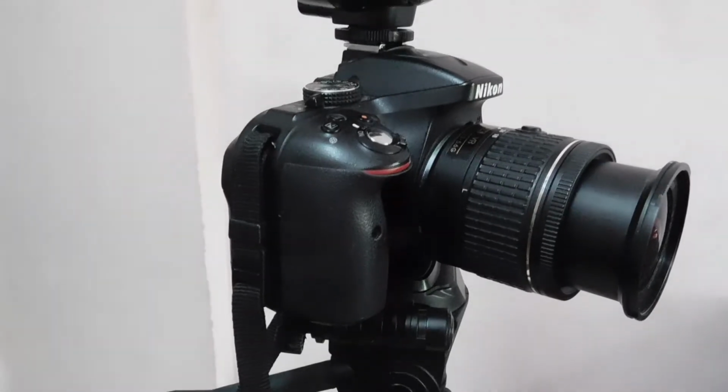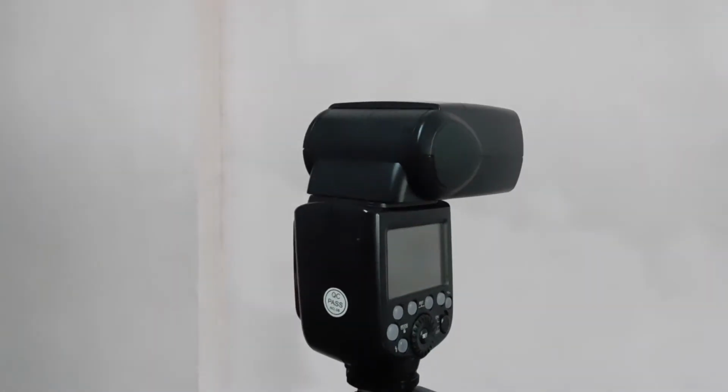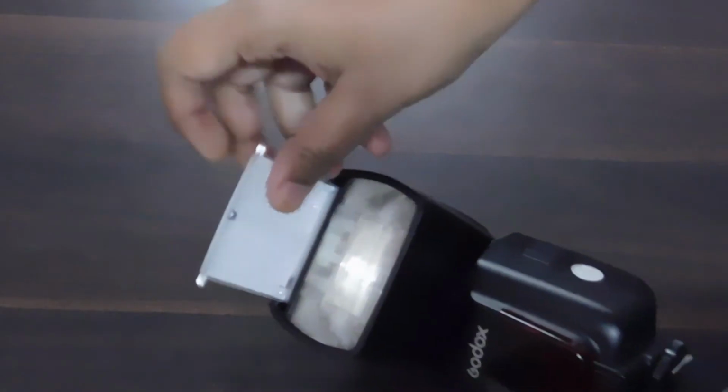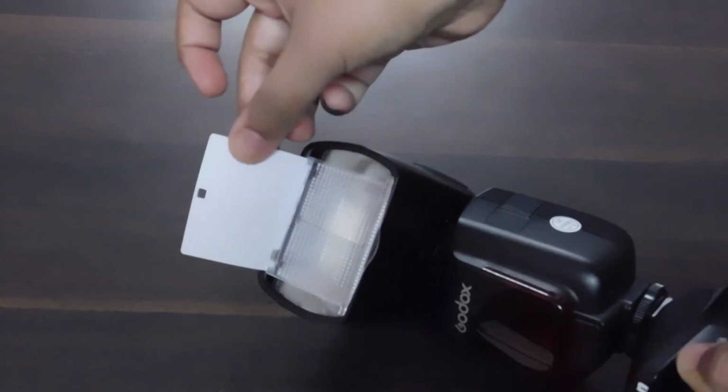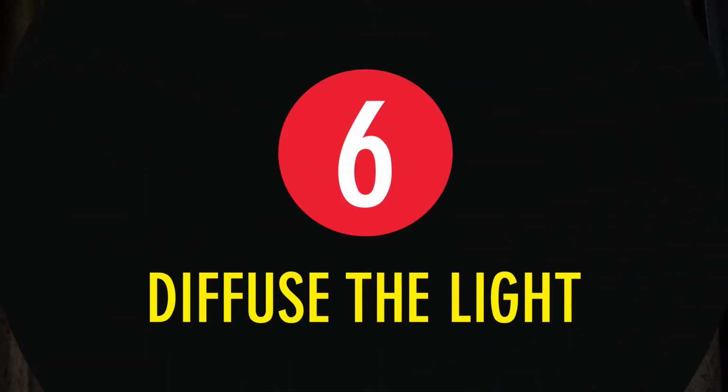When you are indoors, pointing the flashlight directly to your subject may not look very good, as it may give a flat lighting to your subject. It's best to bounce the light against another surface like a white colored wall or reflective card on your flash. This will make your light source bigger, and also softer light will hit the subject.